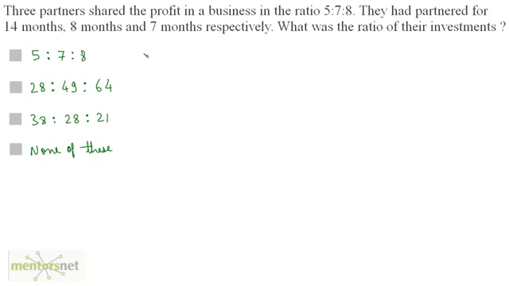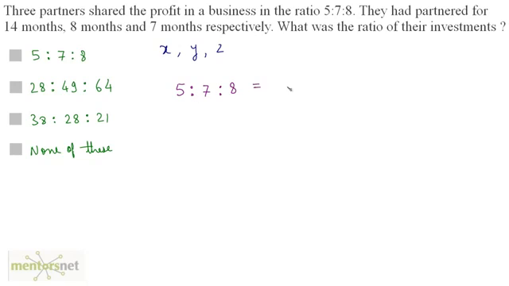Well, let the investments made by these partners be X, Y and Z. Now we know the time periods of the investments of these partners, which is 14 months, 8 months and 7 months respectively. And we have also been given the ratio of their profits, which is 5:7:8. So I can write